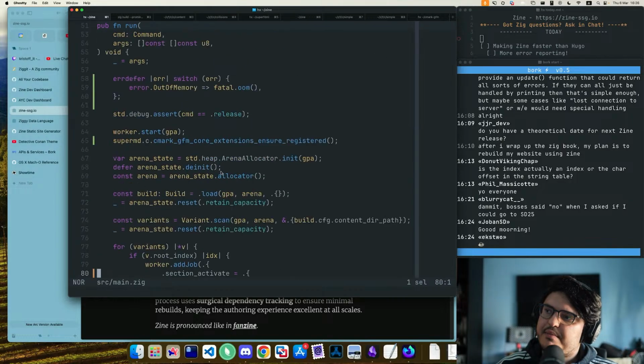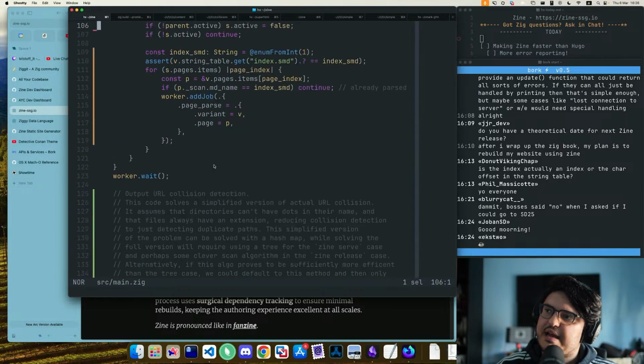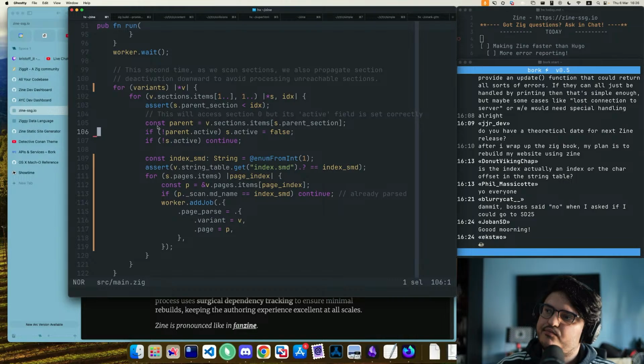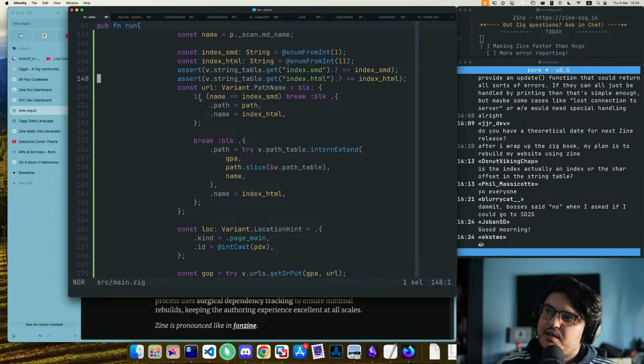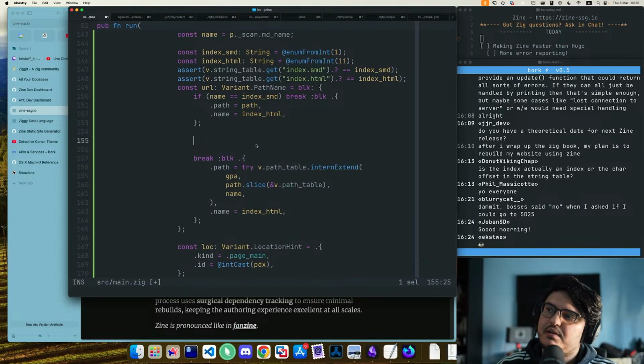So when we intern them as paths, we need to take out the file extension. If it's an index.smd, we intern it like this, but otherwise it's different. Otherwise it has to be const extensionless name